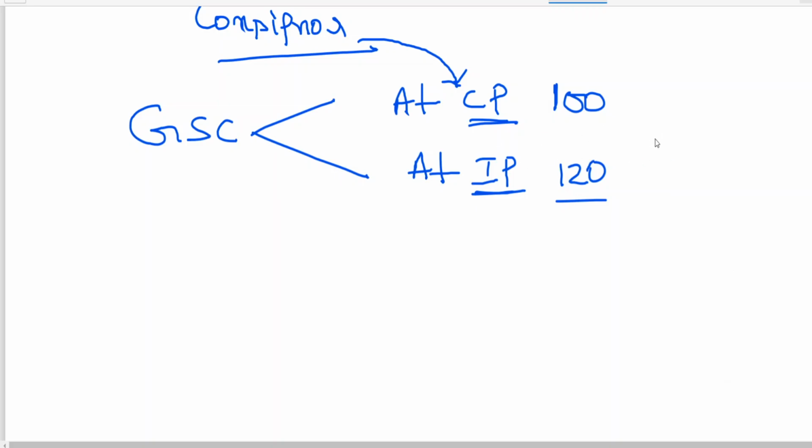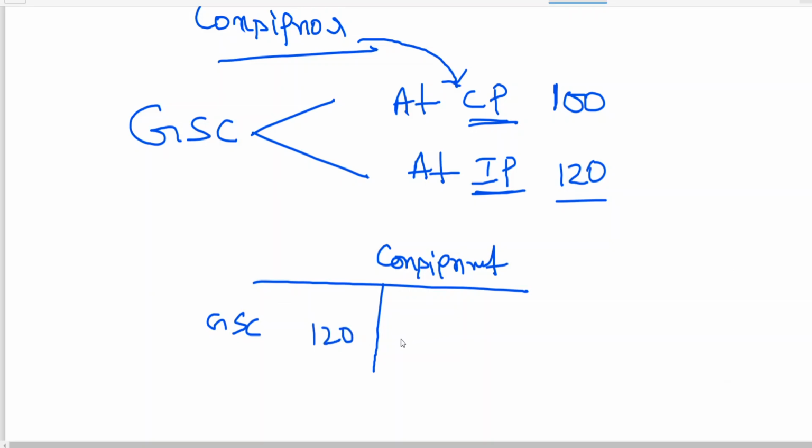For the time being, let me tell you simply about the goods sent on consignment account briefly. I just have to explain the loading effect. What is the cost price? 100. At the time of sending the goods, this is the consignment account. Goods sent on consignment, say 120. The consignee has sold these goods for 140. This is the invoice price, this is the selling price. The consignee has sold goods after adding 20 rupees, for 140.